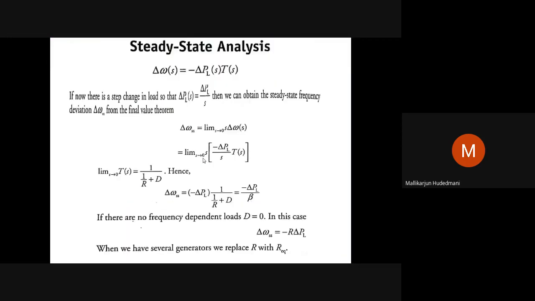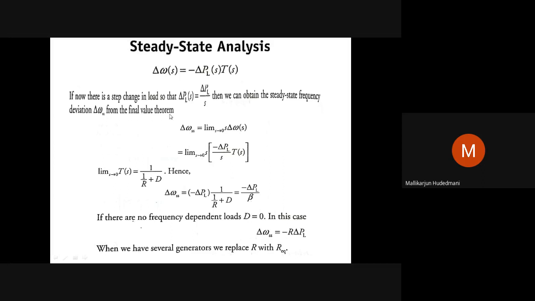Now from this I have something to say: steady state analysis. During steady state, how is this ALFC going to behave? For that I have one simple approach called steady state analysis of ALFC. For this, delta omega s equal to minus delta PL times the transfer function I have here. How is it done? Using the final value theorem. If there is a step change in load, delta PL of S becomes delta PL by S, since a step means 1 by S. We can obtain the steady state frequency deviation, which is delta omega SS, from